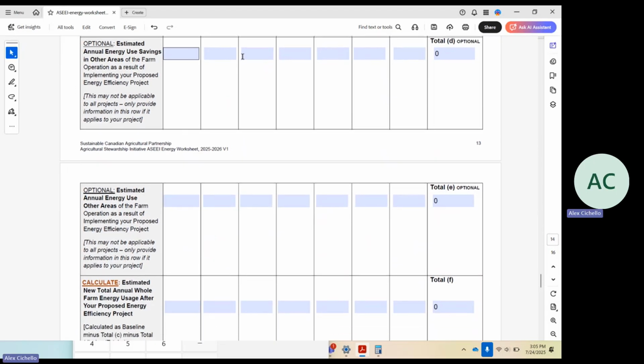So these next rows here, step D and step E, are a little bit more nuanced. They're sort of uncommon, so not every project is going to have these. But if there are any additional energy use savings in other areas of the farm operation that weren't reported above, here's the place where you would report that. So for example, if by implementing your energy efficiency project, you now need fewer raw materials for feed or something that